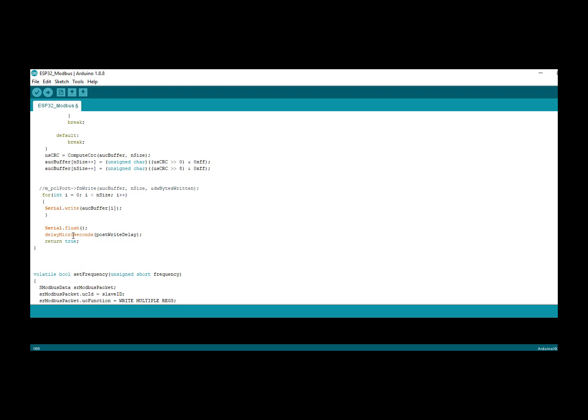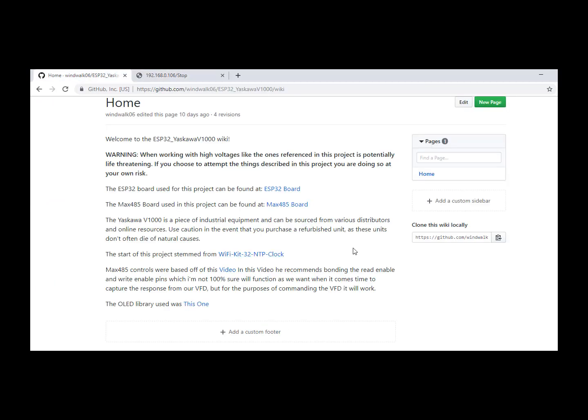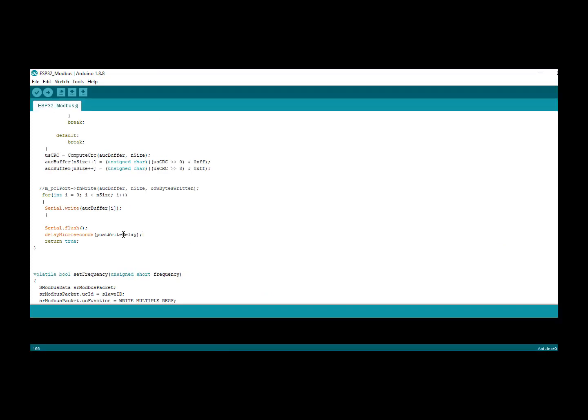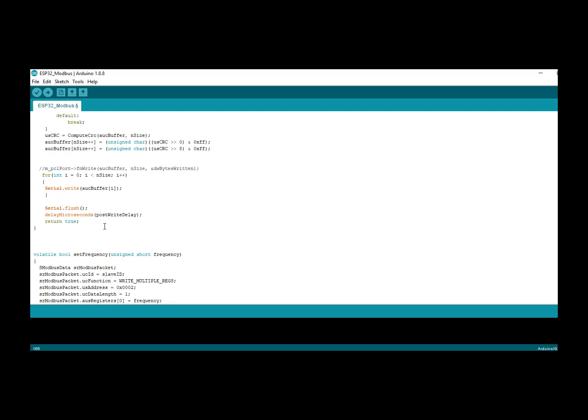So that video that I mentioned, which is up in the wiki, I believe right here, if you click that video link, it'll take you to that guy's video, and he was talking about this, and he happened to find a sweet spot for the amount of time that we want to pause after we write. So I put that delay in microseconds, which I believe is, or not microseconds, milliseconds. Nope, it is microseconds. I believe that was 120 microseconds. So once I have written this packet, you'll hear the VFD fire up, and then we continue through that web server